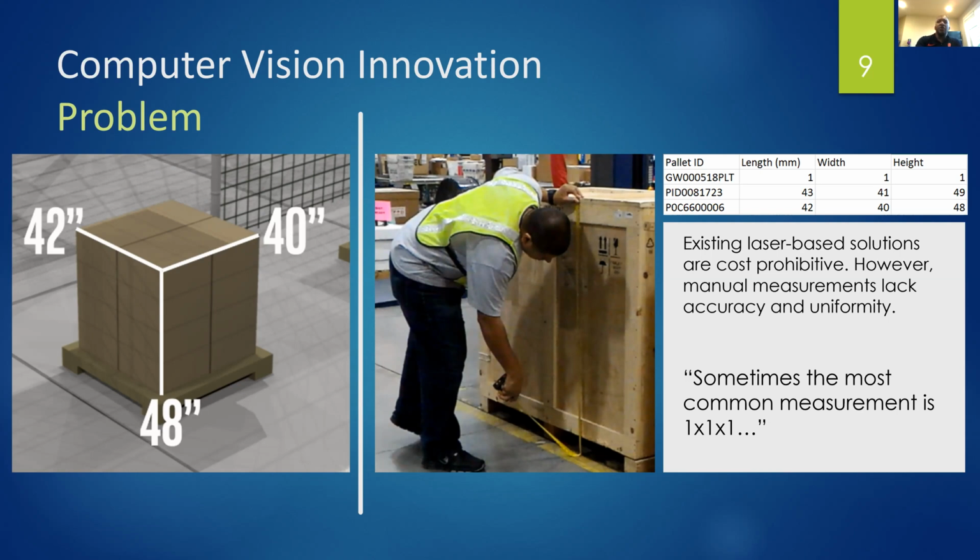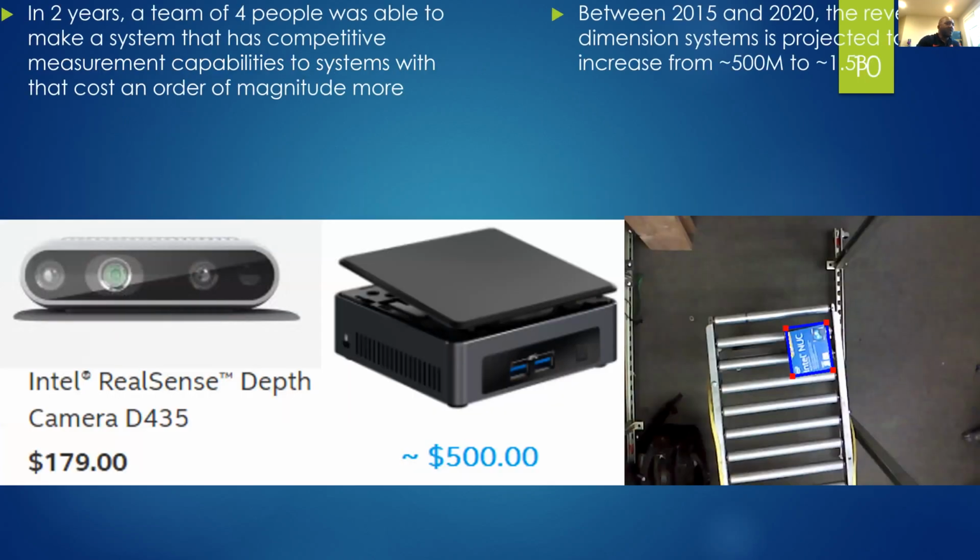And so, just to reiterate, I talked a little bit about the SICK lasers. Those are $5,000 a pop. And a lot of these measurement systems actually use 4 of these. And so you start at usually just $20,000 with just the lasers alone. And sometimes you could easily get to some of these systems for pallets that are $75,000 to $125,000. And you see the parts that we need. We need a $179 camera and a Nook, and you could do it on a cheaper Nook. But you're looking at $700 versus